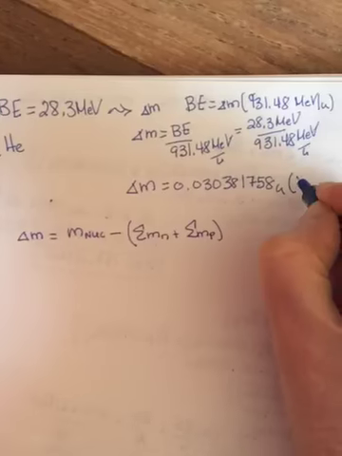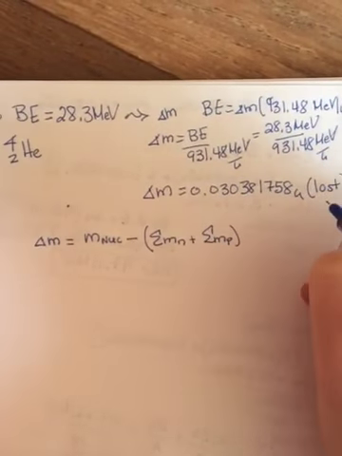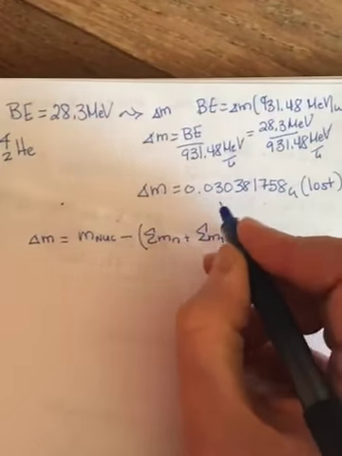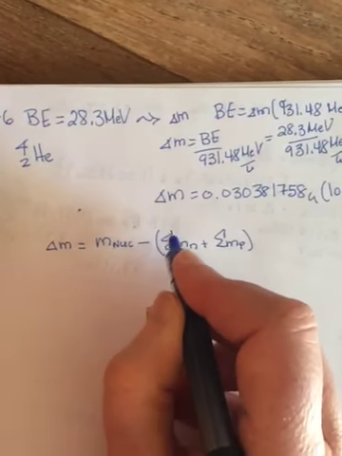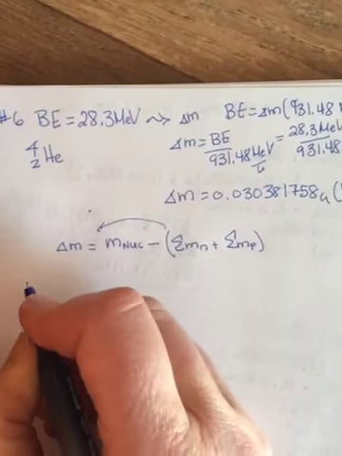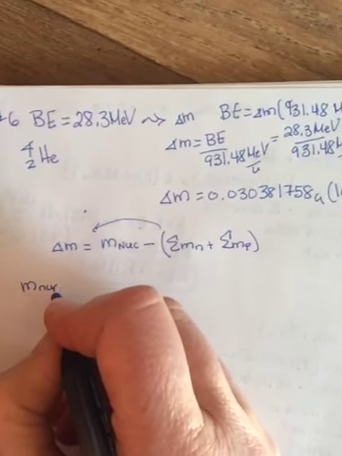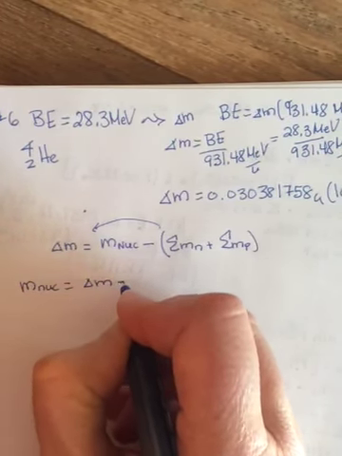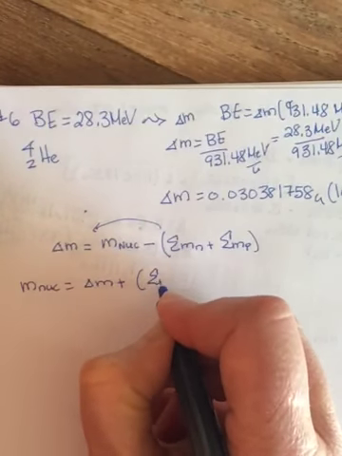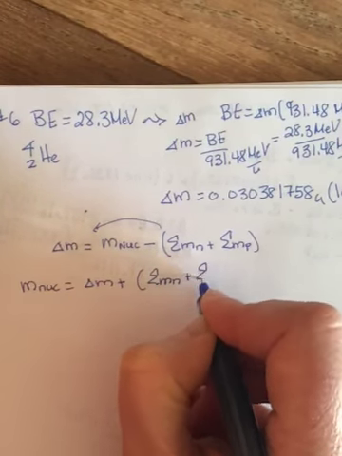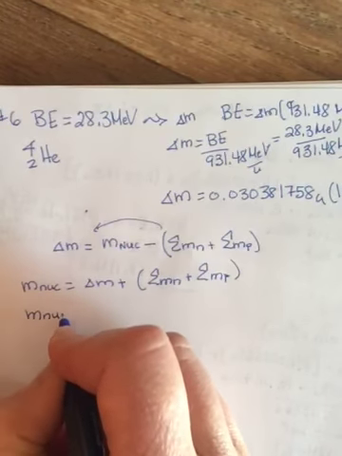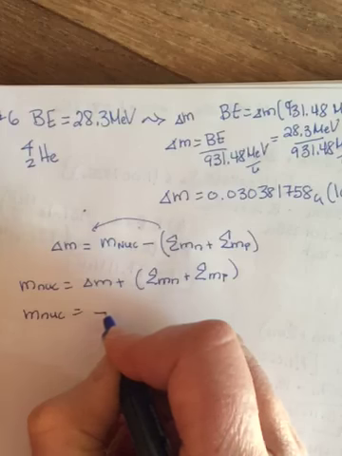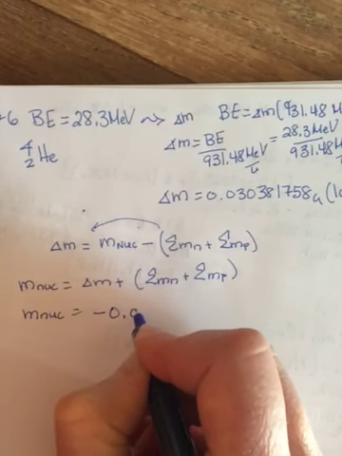Oops, and I should write up here, of course, this is lost. And that becomes important because it's going to have to go in as a negative. So we're solving for the mass of the nucleus, so we'll bring this term over. So the mass of the nucleus will equal delta M plus the sum of the masses of the neutrons plus the sum of the masses of the protons. So the mass of the nucleus will equal what we just found, but it has to go in as a negative because it's lost,